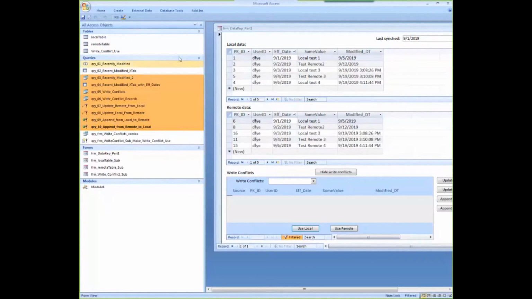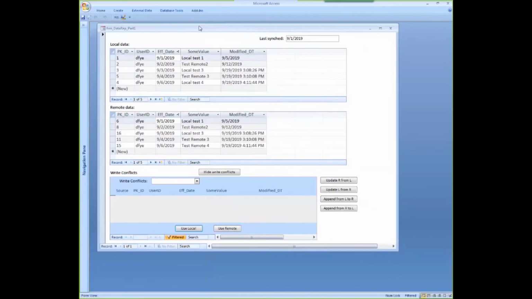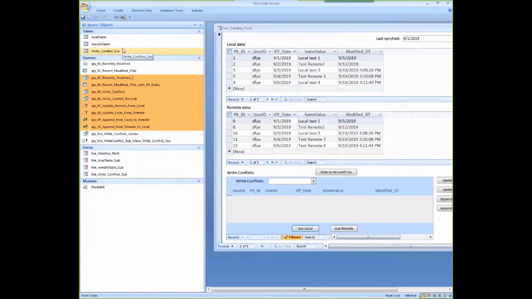So what I did was I wrote a bunch of code, which I would just pass the name of the source table, the name of the primary key field, and the name of the unique fields that are in the local table, and then it would loop through all the rest of the fields.